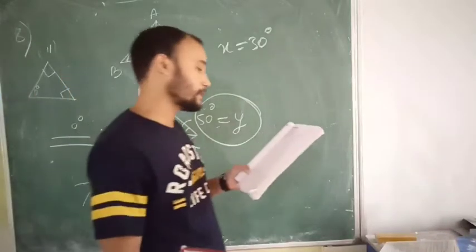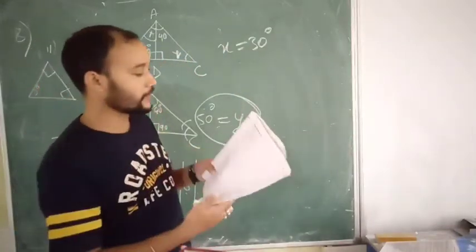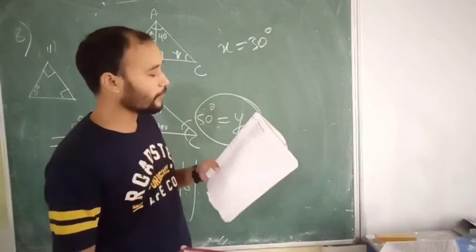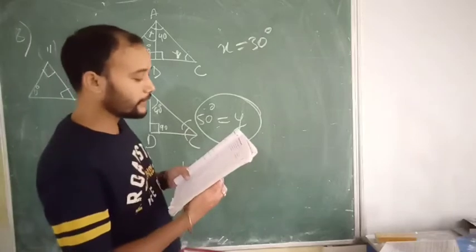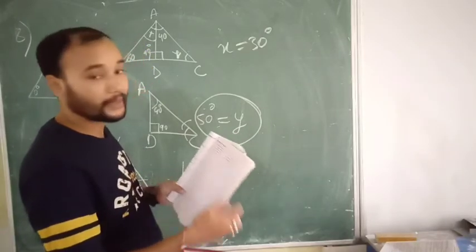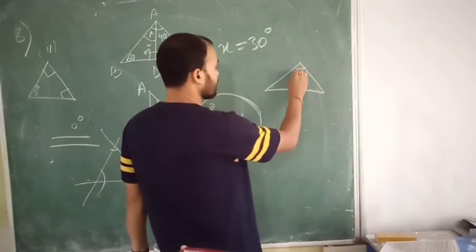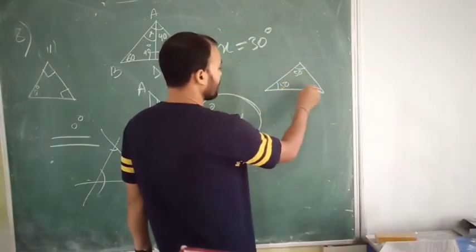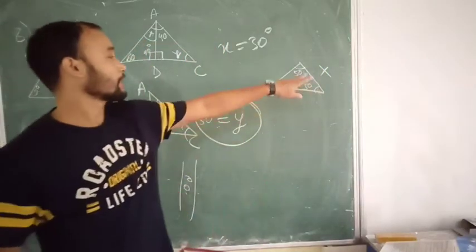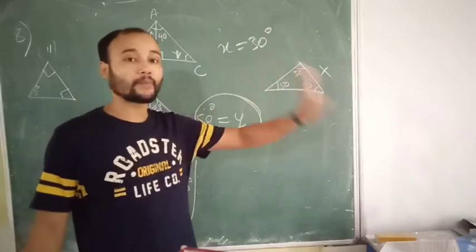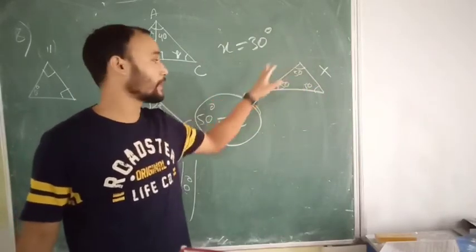Two of the angles are equal. Yes, we can have one. If it is a right angle triangle, then the other two angles will obviously be acute. Two angles are obtuse. Can we have two angles obtuse? No, we cannot have. Each angle is less than 60 degree. No, that is also impossible. If all the angles are less than 60 degree, suppose this is 50, this is 50, this is 50, we cannot have such a triangle because the sum of all the angles has to be 180 degree. It is 30 degree less than 180 degree. So it is impossible.